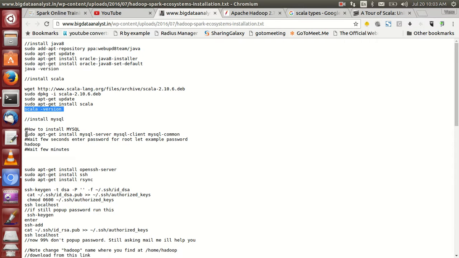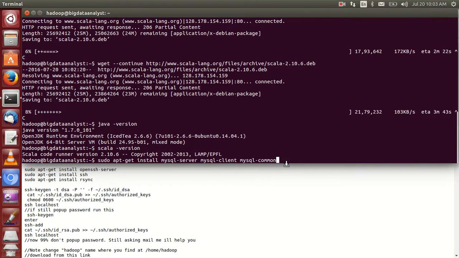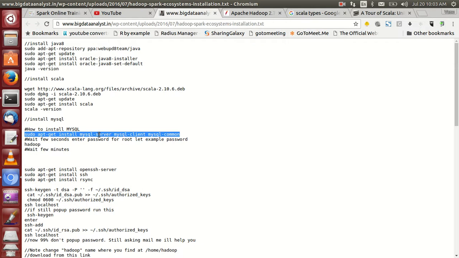Then what should you do? Install MySQL. To install MySQL, simply run this command. It takes a little time to install MySQL.